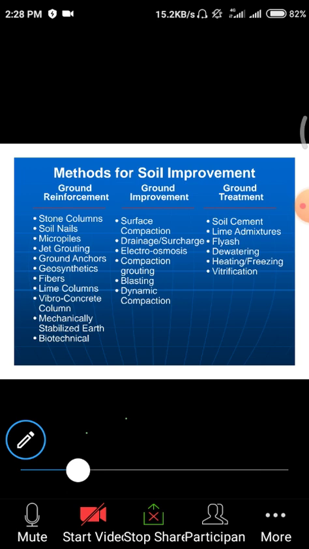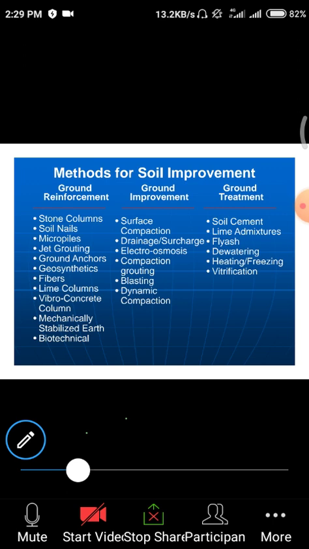Next one, electro-osmosis. Electro-osmosis is completely different. Normally we use different kinds of flowable materials, like aluminum and other silica. We have these electric flowability and osmotic conditions, so these materials are used to drain the water in particular soils. Those things come under electro-osmosis. This process is mainly used for draining water or evaporating water.